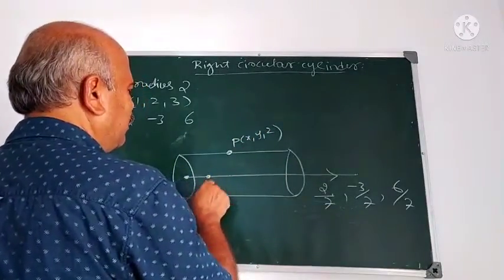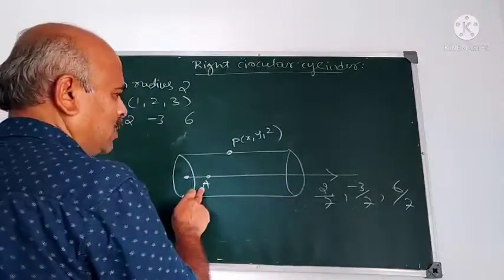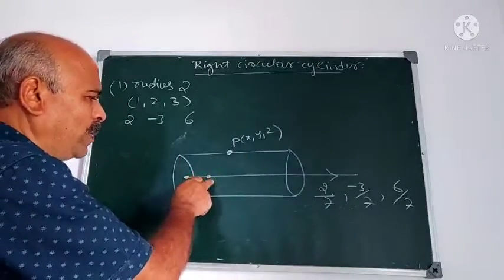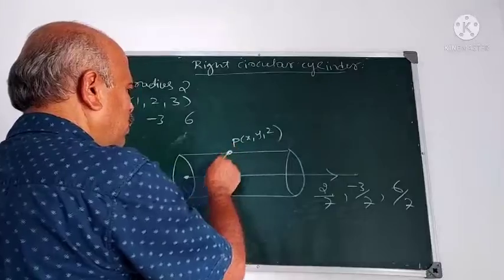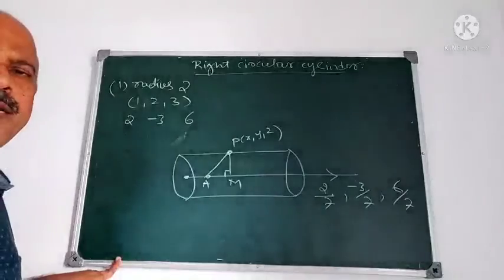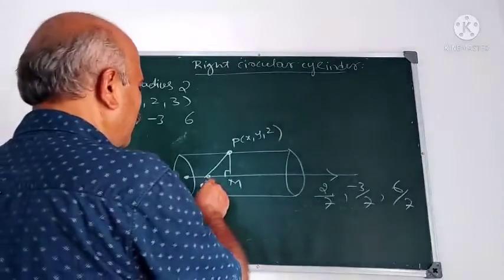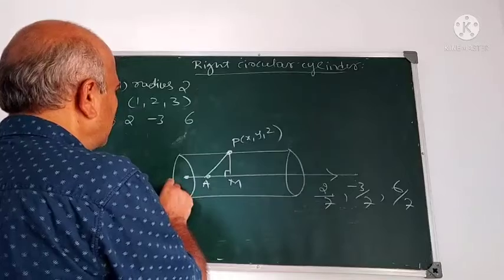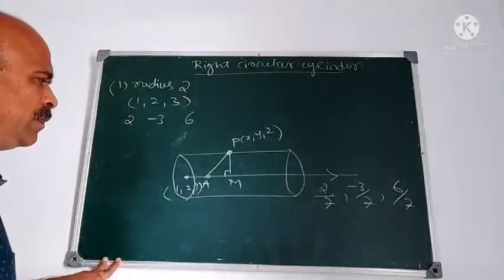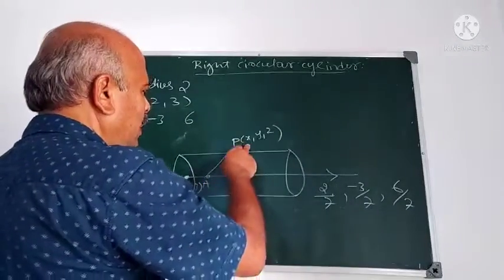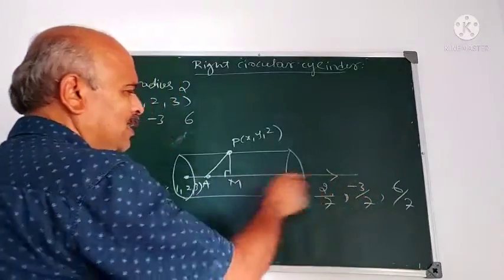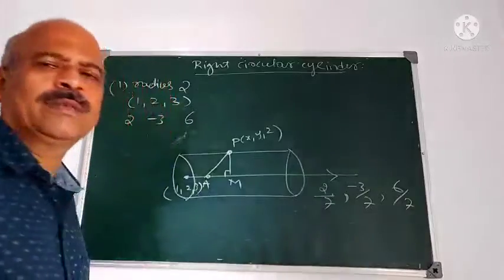Now suppose A is a point on the axis. A point on the axis means it is a point on the cylinder, but we particularly take it on the axis here. Join AP, draw PM perpendicular. Then it is, what is this? A right angle triangle. And what is the point A? Suppose A is (1, 2, 3). It is given, it passes through (1, 2, 3). P is an arbitrary point. Draw PM perpendicular. What are the actual direction cosines of the axis here? 2/7, -3/7, 6/7.